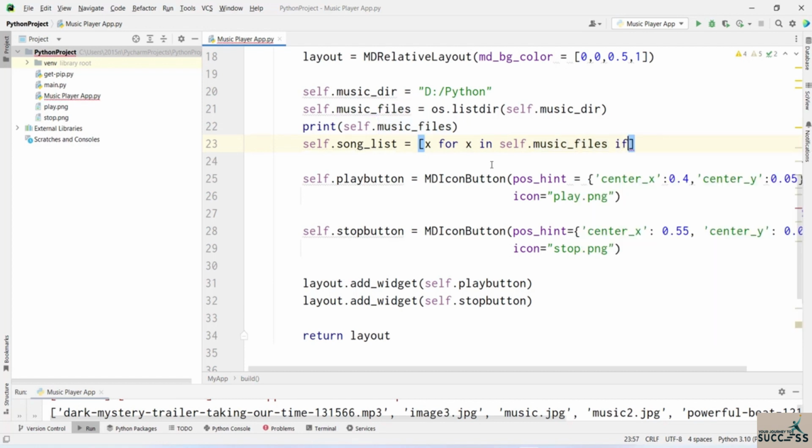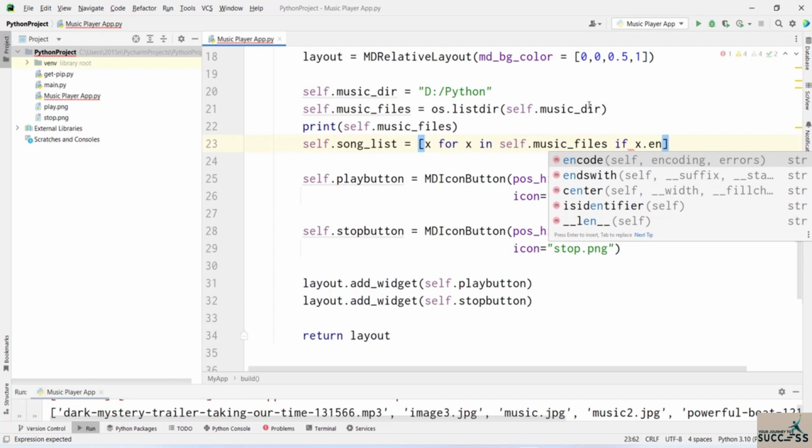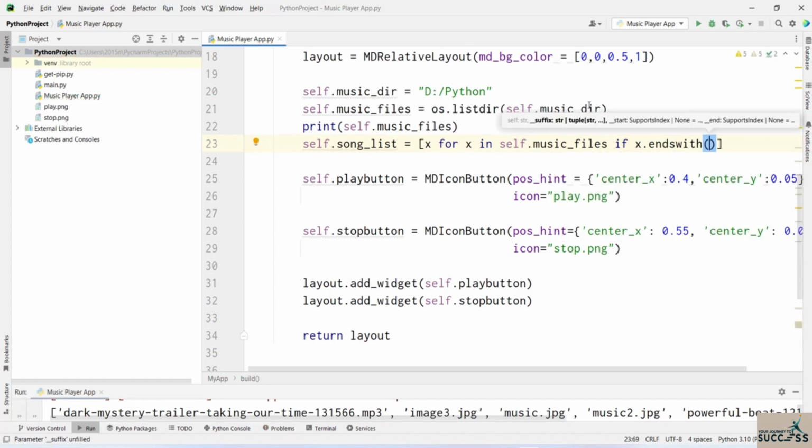So in here I will just add this if statement, and I'll just say that if this variable X, which is actually this variable X, if X dot ends with, and since all of my music files are ending with mp3, so let's say that all the files inside of this variable music files that end with .mp3, basically take out these files and then store it in this variable song list. And since it's going to be a list,